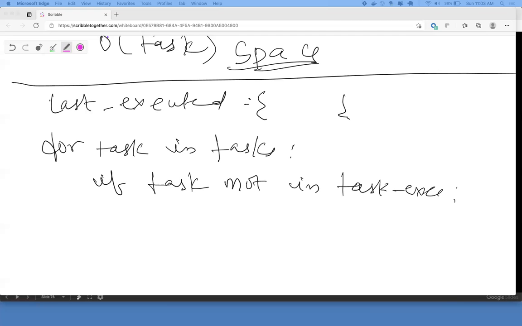What do you do? You're going to insert it and increment your counter. Where is the counter? You didn't initialize anything. Yeah, you're going to have counter equals 0. And then last executed equals counter.